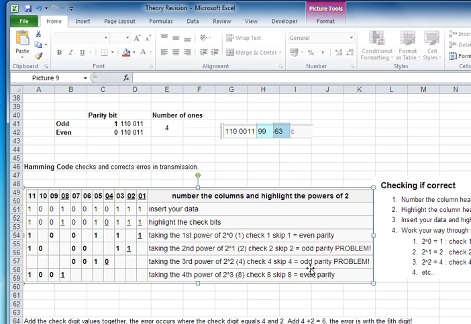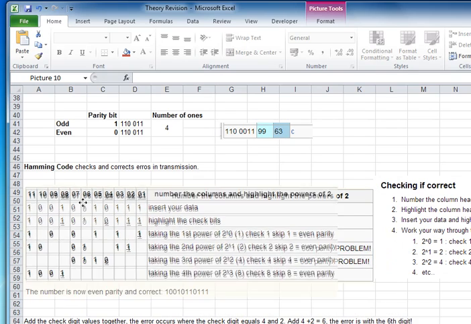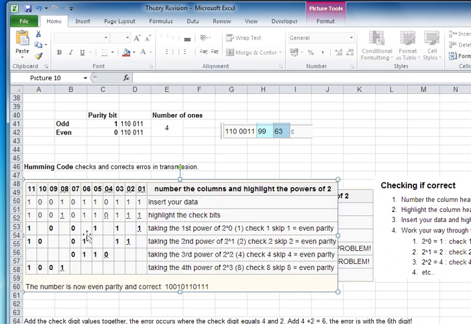So we need to find out where the problem is, and we can look, and we have the problem in the second power of 2 and the third power of 2, which is 2 and 4. So if we add 2 and 4, we get 6. So if we flip the bit in number 6, because adding 2 and 4 tells us which column the problem is in, if we flip this bit, then we'll find out that these are all even parity. So let's look at the same one, and we flip the bit in column 6 to a 1,